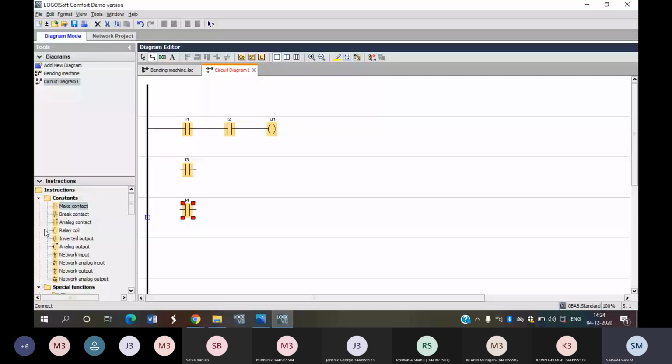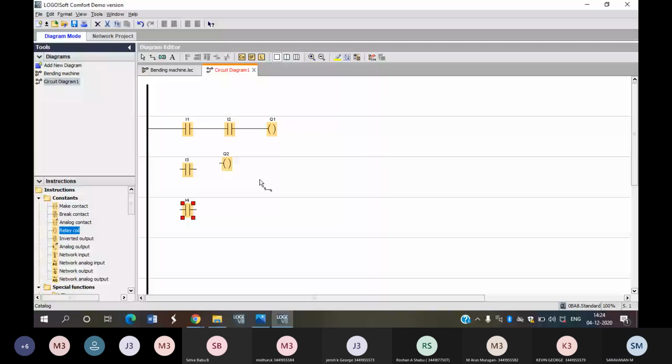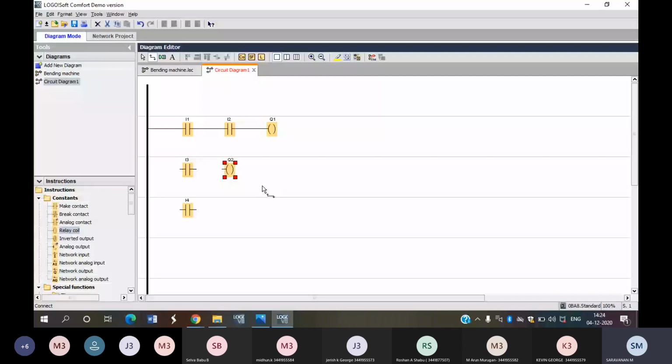It is overlapping this, so we have to track like this and then give the connection. Hope you understand why I am giving the Q2 value here. Q1 is already there, that's why I'm changing the name to Q2. Now I'm going to connect these symbols. If there is any error, it won't work. Even we cannot connect like this. It is very difficult, and if you connect the symbol here, it won't connect. That is the biggest task.